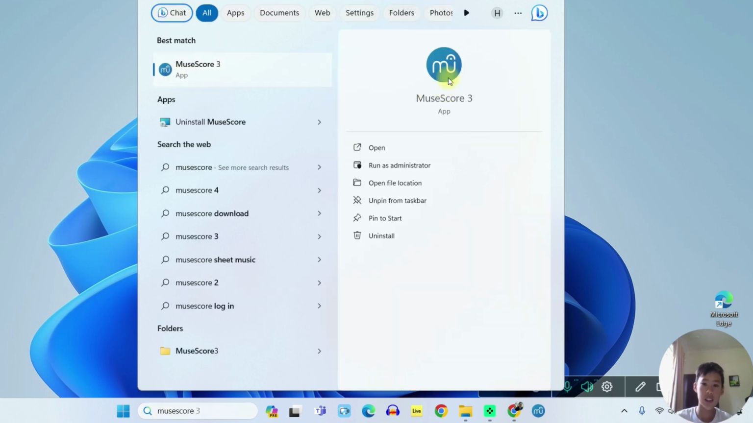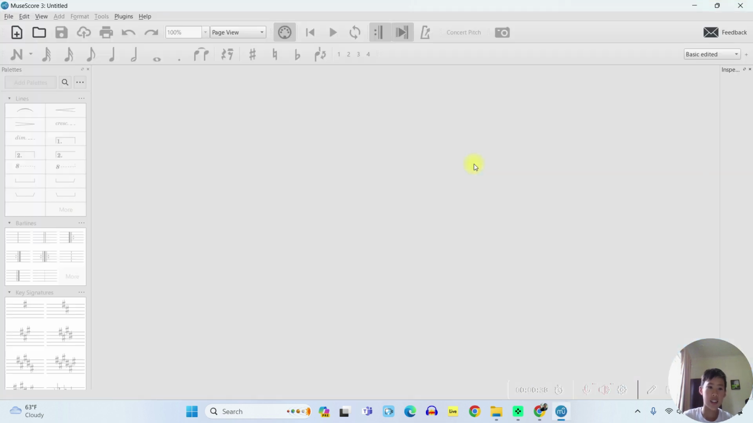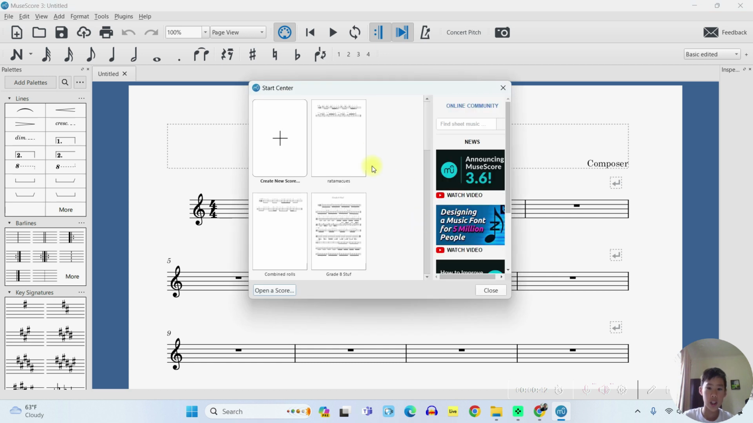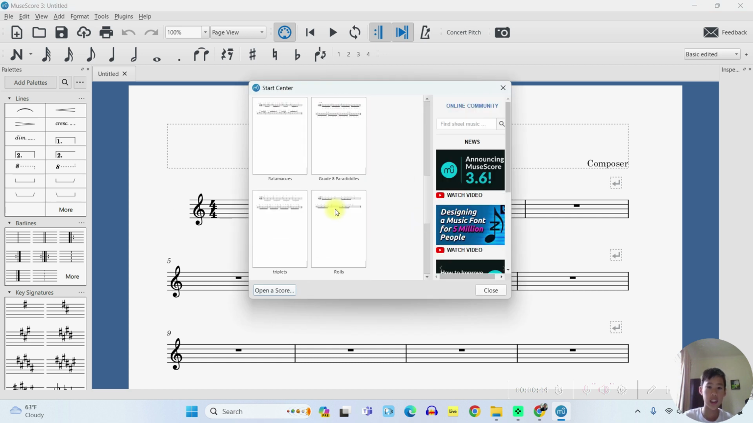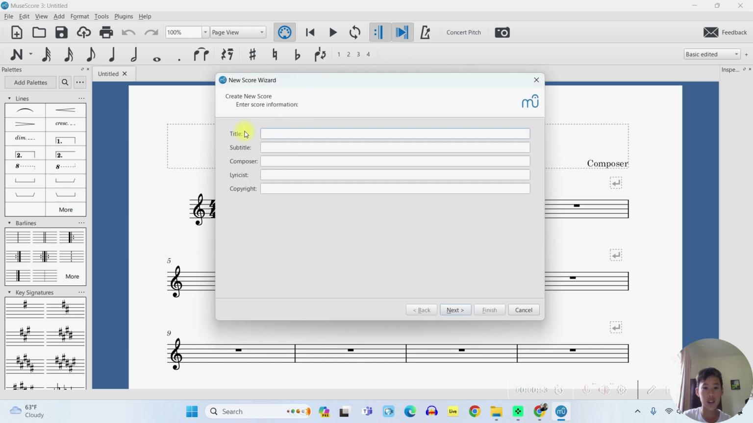Now once the app opens, you should see a screen that looks like this, where you will see all your recent scores over here, and also you can create a new score. So first, we're going to create a new score to see how you do it. You go to this page and you type your title, your subtitle, your composer, your lyricist, and your copyright. So I'm just going to type